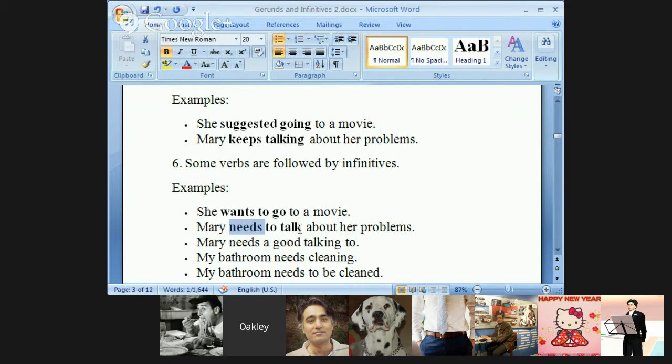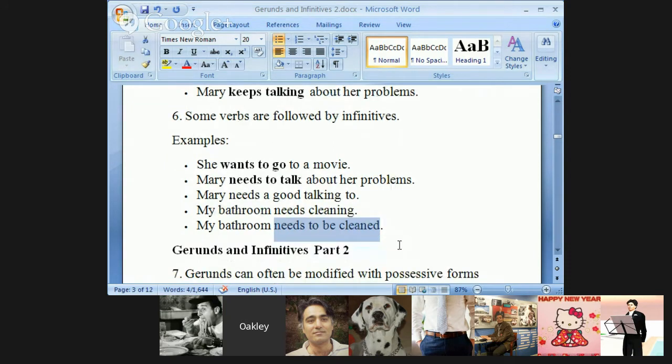We usually follow it by an infinitive, but we have some special forms where we can do different things. This last one, the bathroom needs to be cleaned, is actually a passive. There is such a thing as a passive infinitive, and this is what it looks like. You have the verb to be, and then the past participle. My bathroom needs to be cleaned. This is perfectly correct. These weird things with the gerunds here. All right. This is possible. My bathroom needs cleaning.